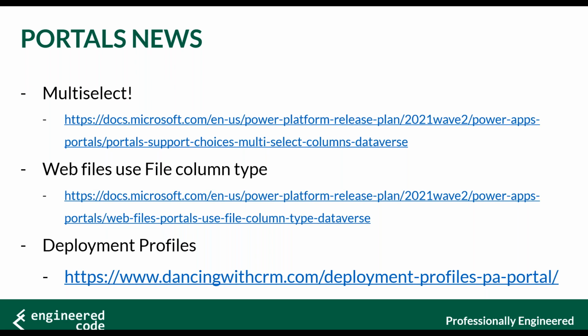So rather than looking at associated notes to the web file, they are going to add another column to the web file table, and that will be of type file. That's where it will store the file for the web file. I believe that the notes talked about some sort of transition process, so that if you're still using annotations, they will do the work to move those into the file column. So that's also very interesting news.